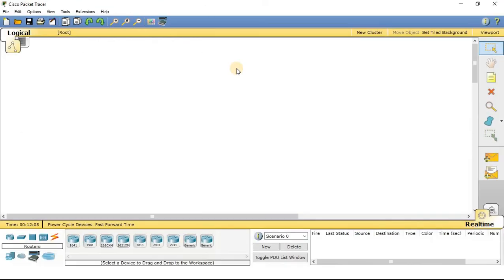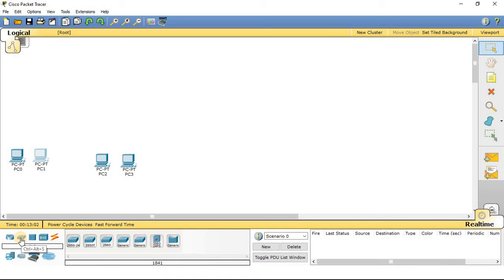So here is the Cisco Packet Tracer application. Let us take some computers. Here are the end devices. I will take 4 computers. So I have taken 4 computers. Before using a router I will use the switch. So let us understand how the use of a router is different from the utility of the switch, which we already have understood in previous lectures.